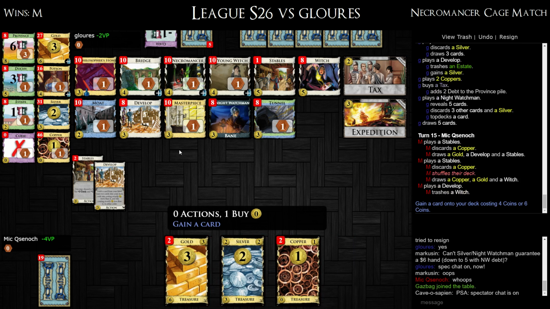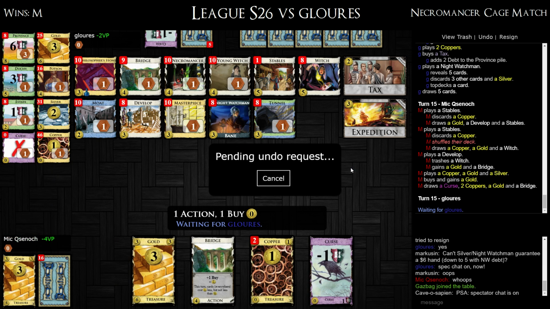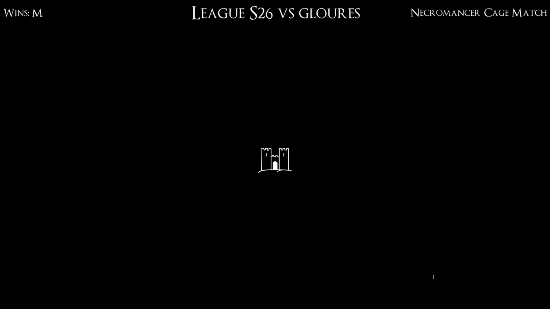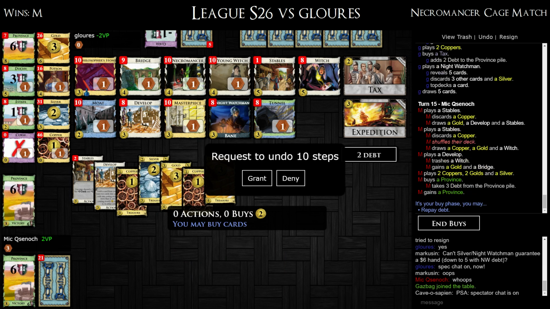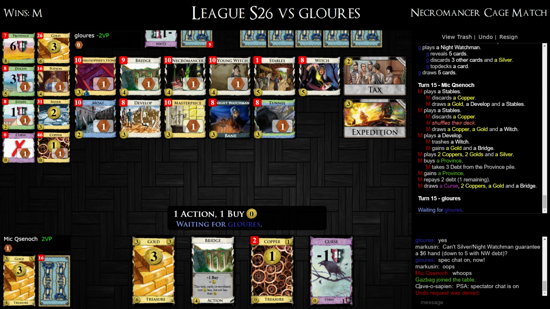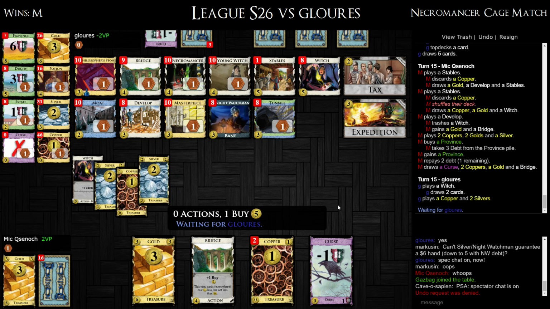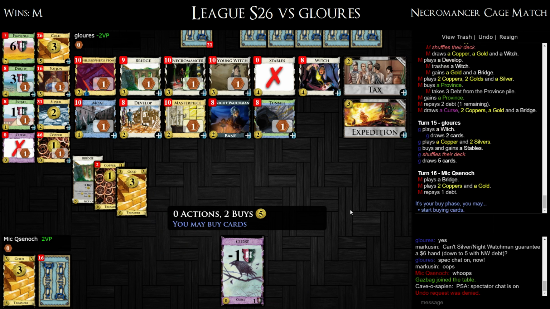Well, this is pretty fine. Whoa. I meant to buy the province. I forgot the gold would gain automatically on the develop. That was my mistake. So,